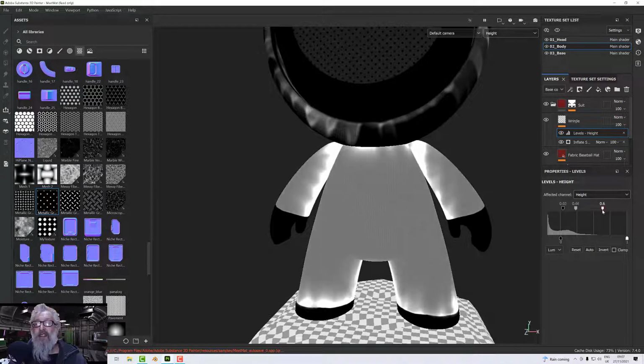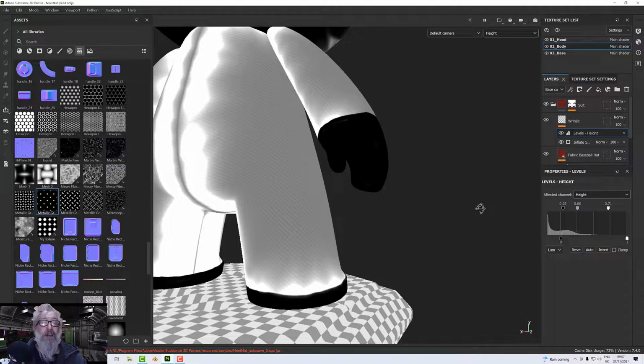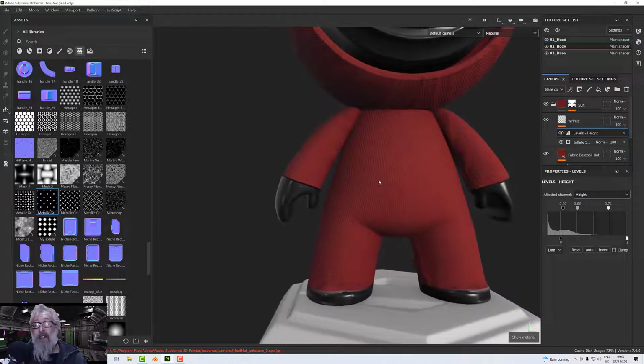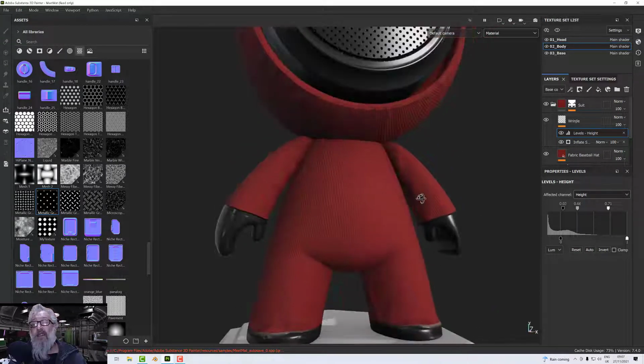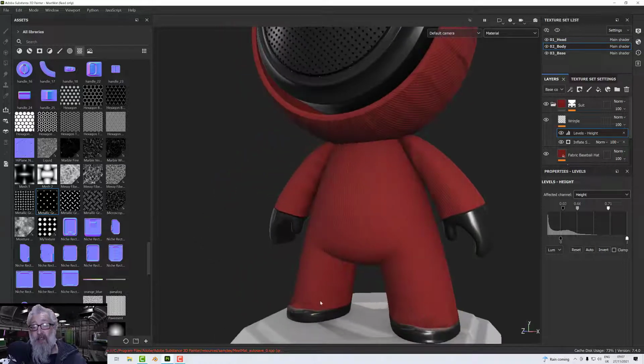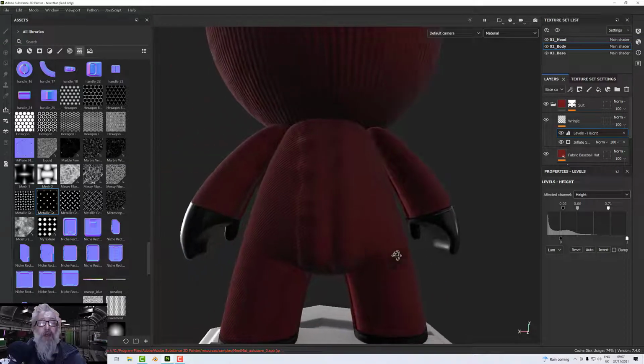We can adjust that until we get a bit more difference between the white and the grey. There we go. Right, so press M and come out, and then we've got some quite nice seams. We've got a seam there, that's quite nice, going down his inner leg. We've got a seam at the back, that's pretty awful,